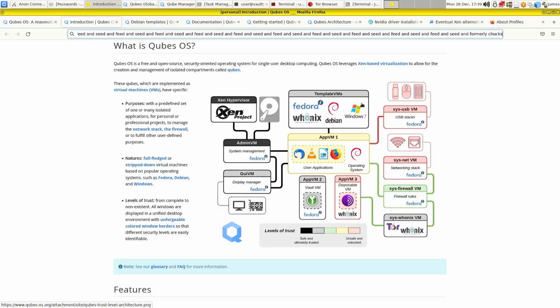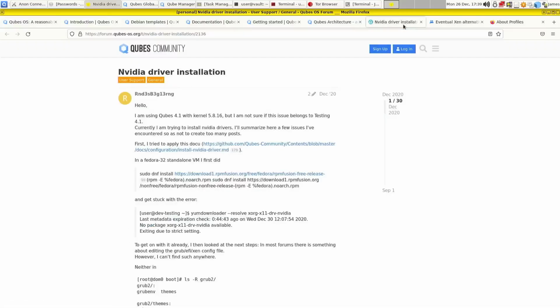Now, there are some downsides to running Qubes OS that I think you should know about. Number one is if you're trying to use NVIDIA cards, it can be a little bit difficult. NVIDIA does not play well with Qubes OS, and that's kind of the deal with most Linux-based systems. So if you boot from USB, you aren't going to have any video on NVIDIA cards past grub.